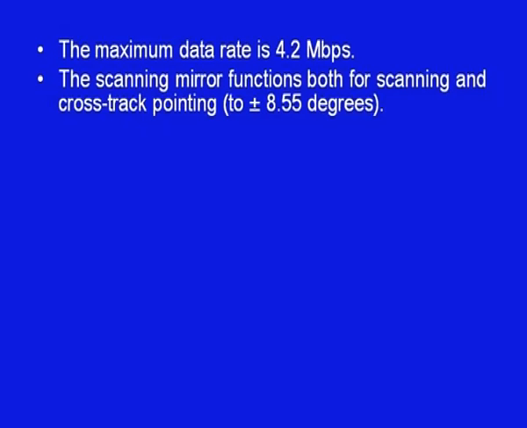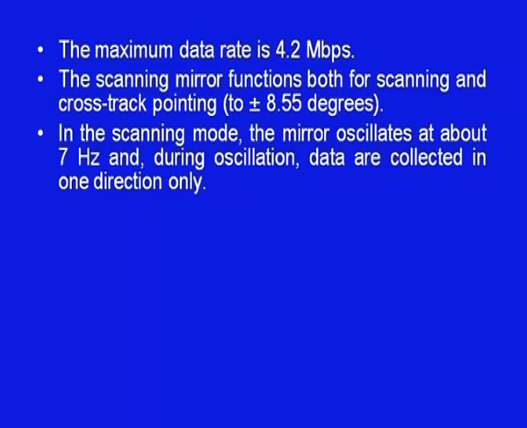The scanning mirror functions both for scanning and cross track pointing, that is, between 0 to plus minus 8.55 degrees. In the scanning mode, the mirror oscillates at about 7 Hz, and during one oscillation, data are collected